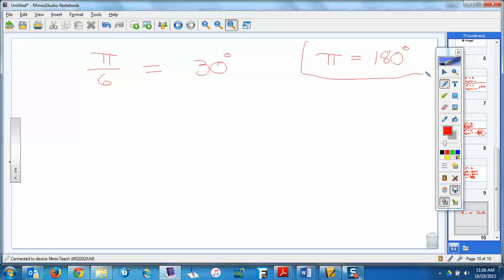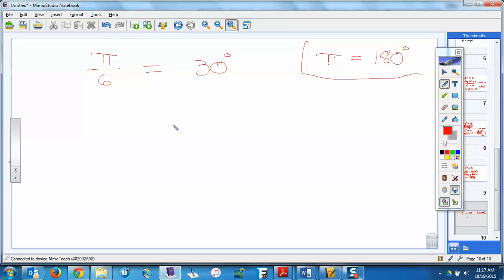Now I know there's a multiplication. You multiply by 180 over pi, or you multiply by pi over 180, whichever way you're trying to go. The only problem I have with that is trying to remember which one to use, canceling the pi's and whatever. I always just think I substitute pi for 180. So if I put a 180 in here, 180 divided by 6 is 30. Now we're rarely going to do degrees. However, on this website, they do ask you about degrees a fair amount. And I think that's okay here in the beginning to switch back and forth. Okay? So pi is equal to 180.